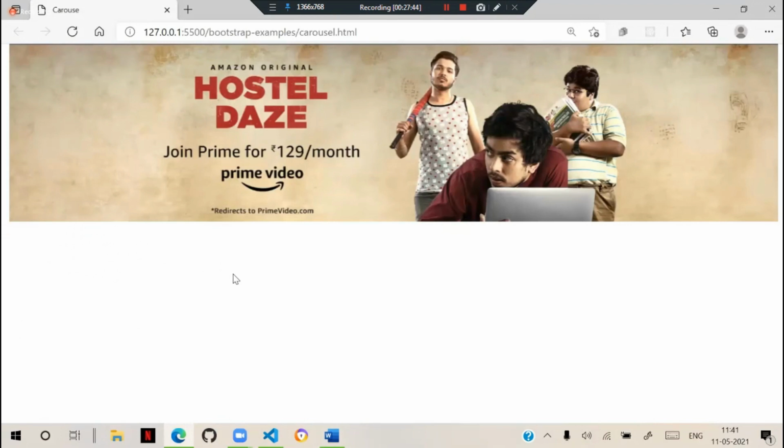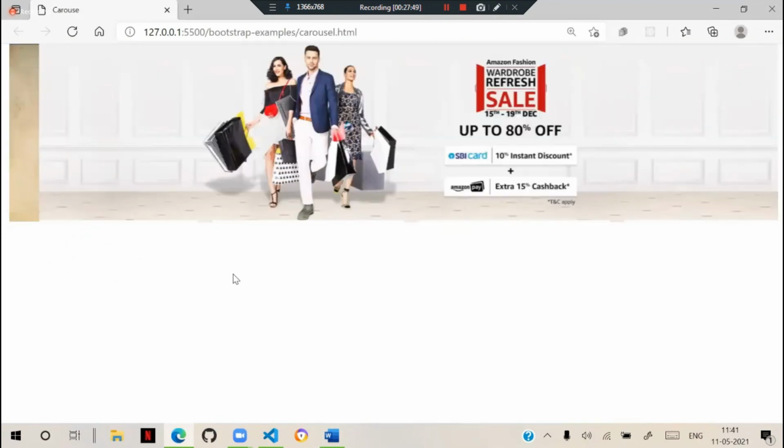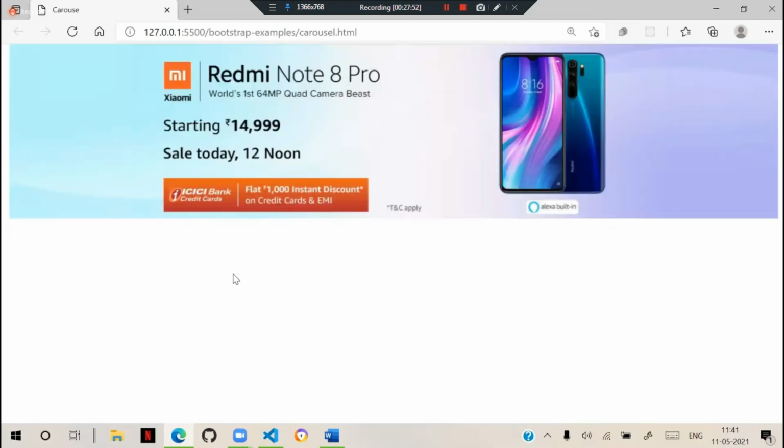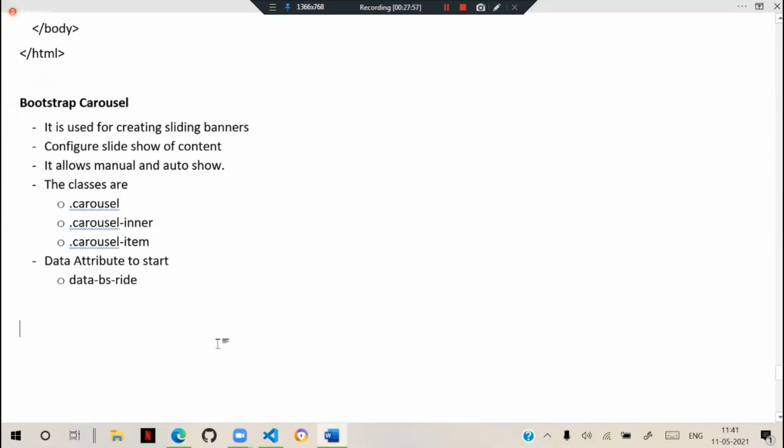Now you can add controls if you want to handle it manually. So how can we add controls? For that, we can design controls with the carousel control classes.